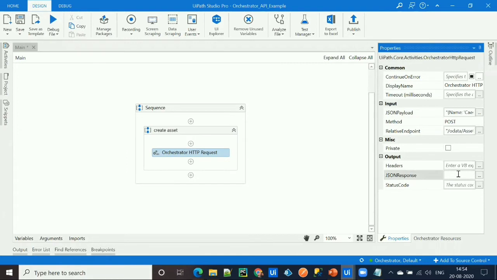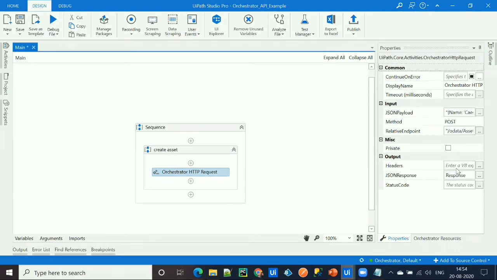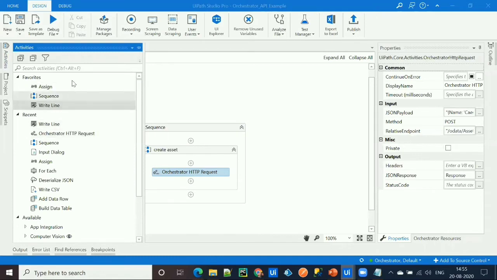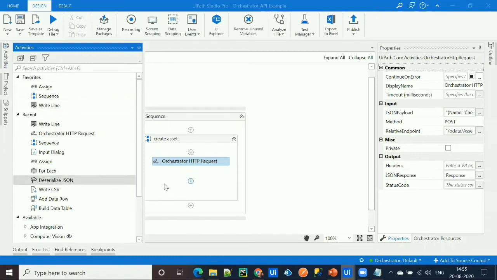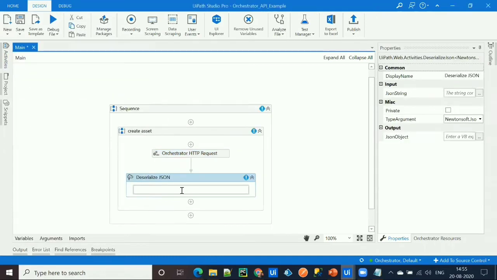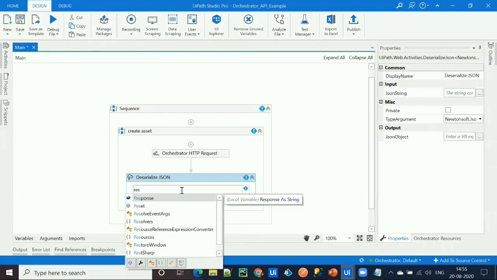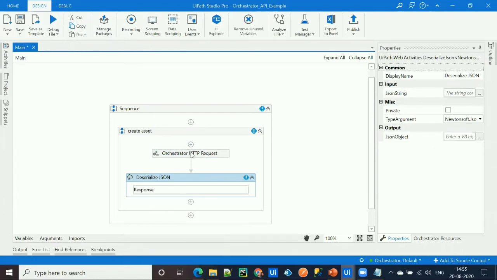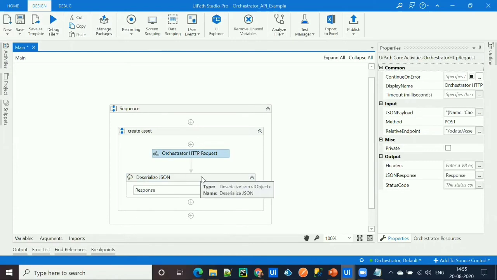Now let me create a JSON response that will give a response after creation of the asset, and this response will be in a JSON format. To deserialize JSON, we'll be needing a Deserialize JSON activity, and the input to this activity is the response data item, which is the output of this activity.